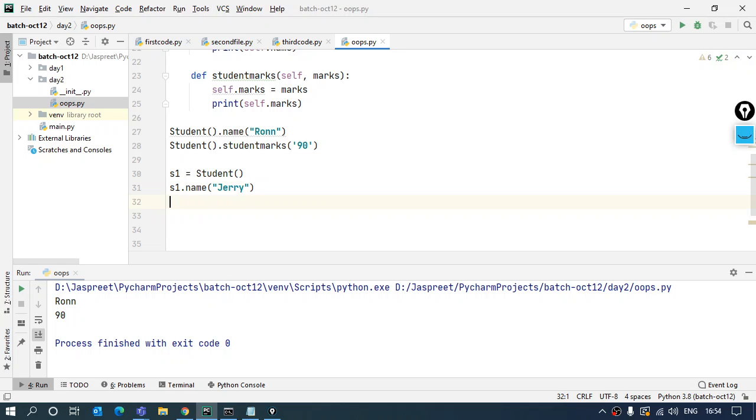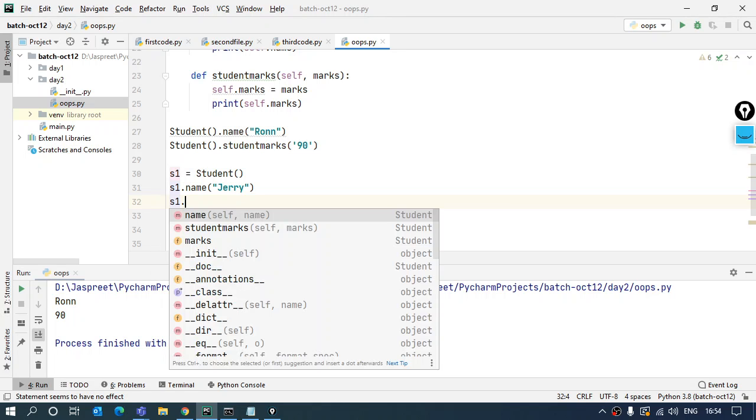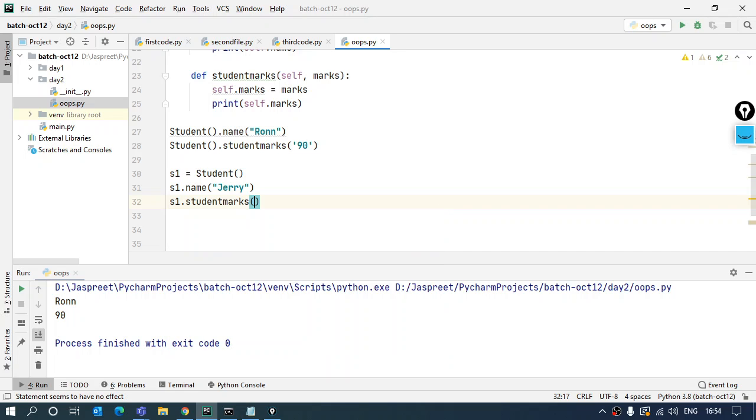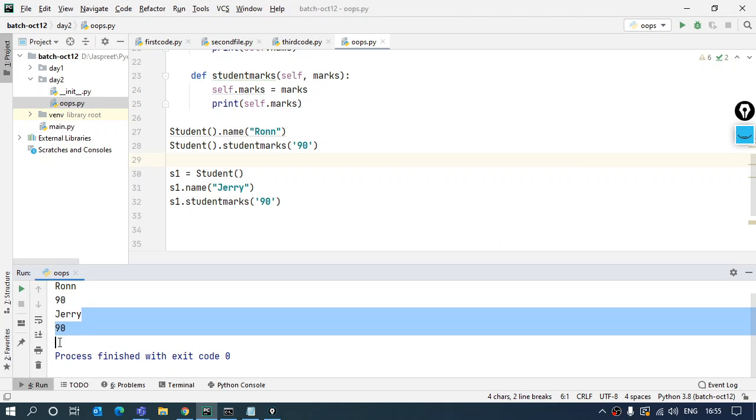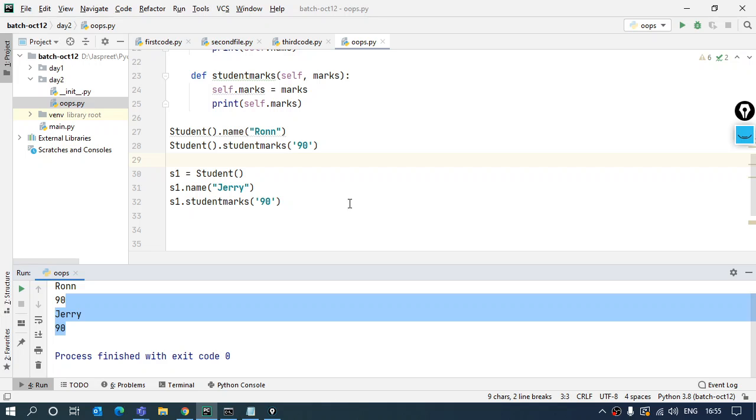And using the same S1 reference only, to this particular location only, I will be sending the marks of the student as well. That is student's marks. I can have anything inside, let's say 90 again. So this time it will return me the data of this particular single object which is having the reference S1. This way. Now, is it clear?